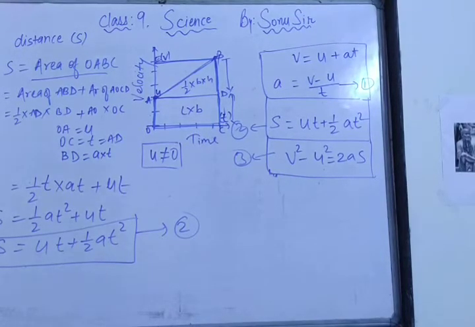Now in the velocity-time graph, as shown in this figure, the distance s traveled by the object in time t, moving under the uniform acceleration a, is given by the area enclosed by the trapezium OABC under the graph, that is S is equal to the area of trapezium. So all of you can write this down, or you can take a screenshot. Earlier I had converted the area into a rectangle and a triangle. Now I am going to move towards the area of the trapezium.